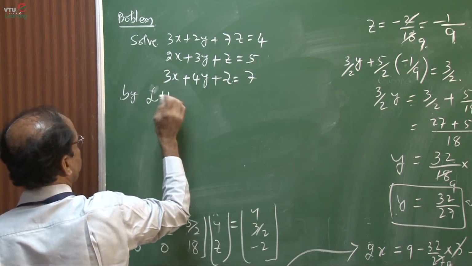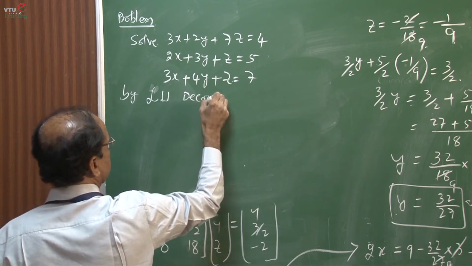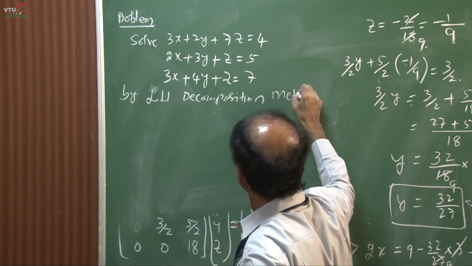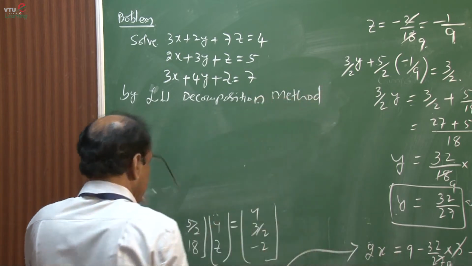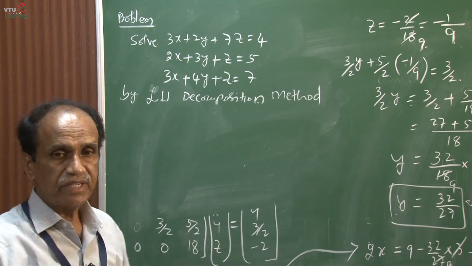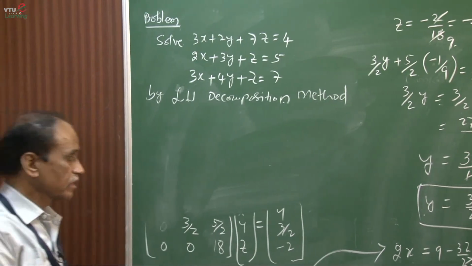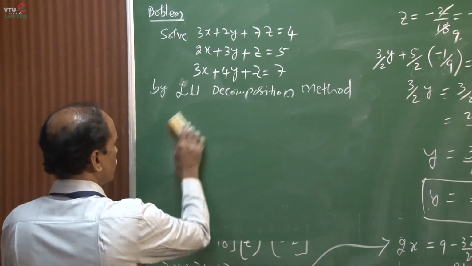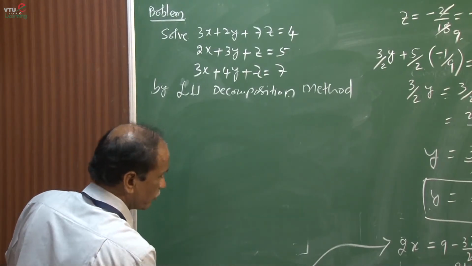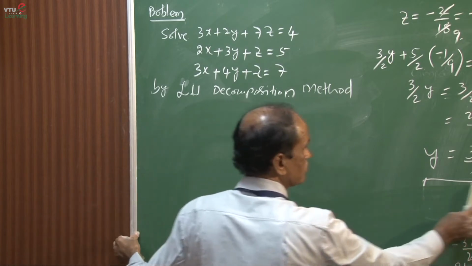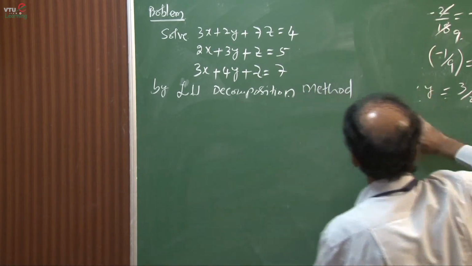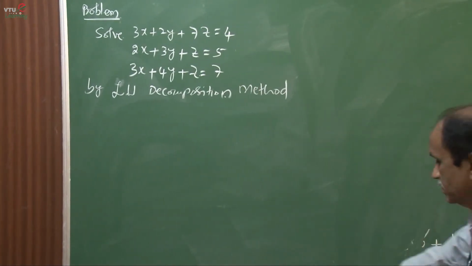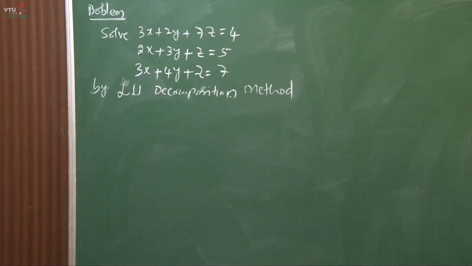LU decomposition method, and the same type of 4 important steps you follow, and see that what values of U, what values of L, and what values of V, and finally the values of the unknowns. How we are going to get whatever you did in the first problem, same procedure. This is also 3 cross 3, and the same method can be adopted